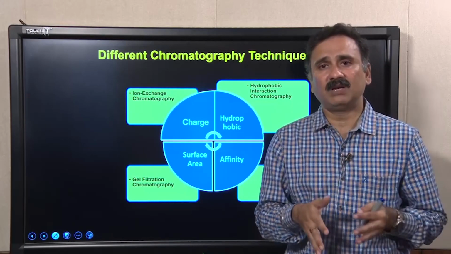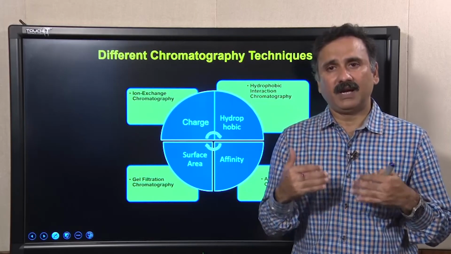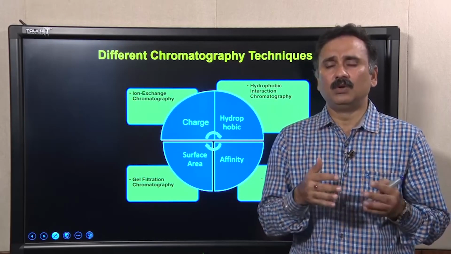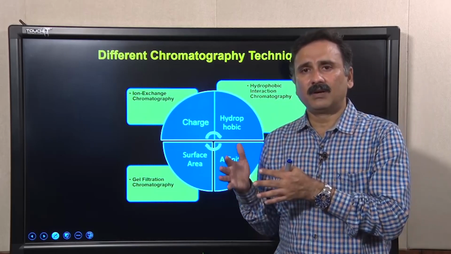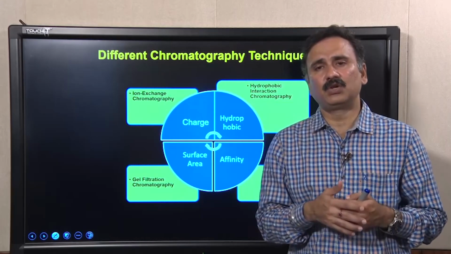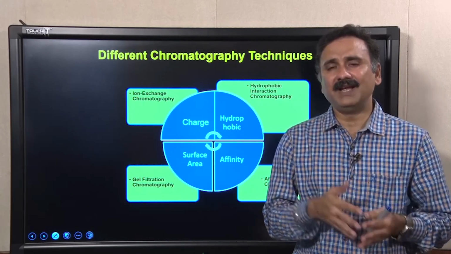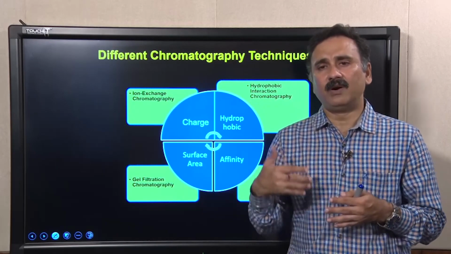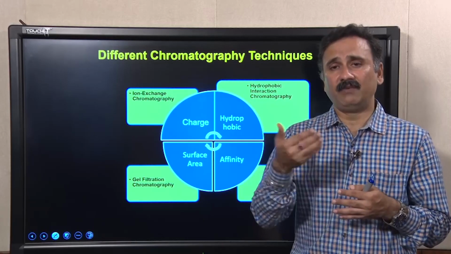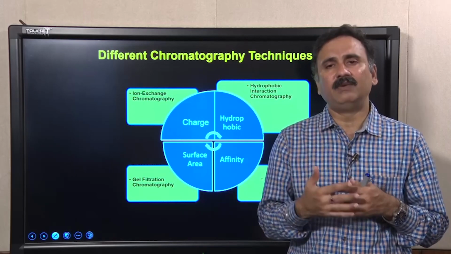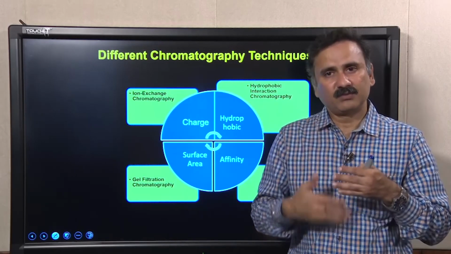For each chromatography technique I tried to discuss different types of research problems, so that you will be able to realize the potential of affinity chromatography, and utilize it for designing experiments and solving different types of experimental problems or research problems